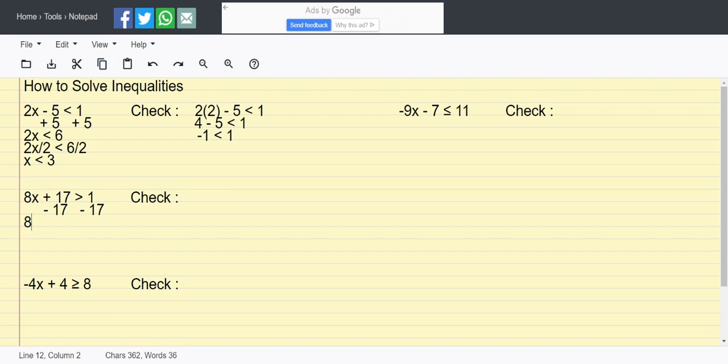Then you will get 8x is greater than negative 16. The next step is to divide both sides by 8. So 8x divided by 8 is greater than negative 16 divided by 8. And x is greater than